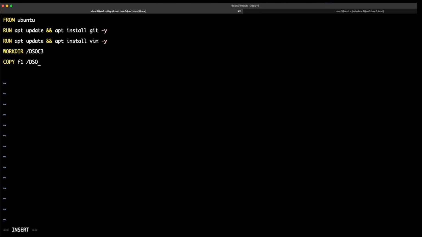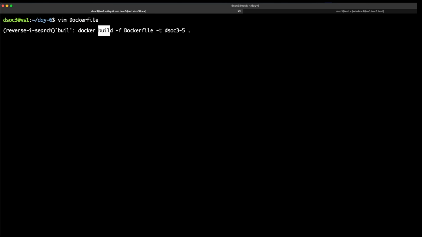But let's see if I don't specify anything, then what? As I said, when we define this WORKDIR instruction, we set a path or location for what follows. So by default this f1 file should be copied to this location, right? So let's test this first,